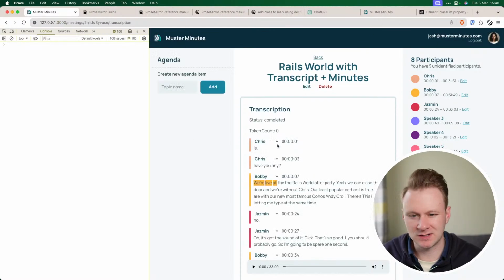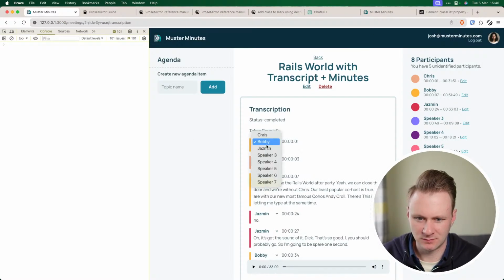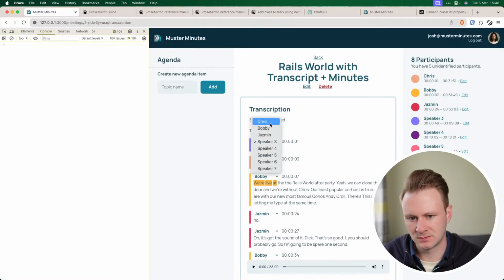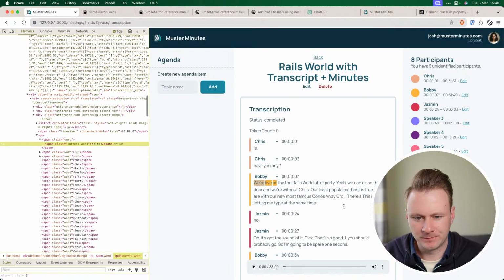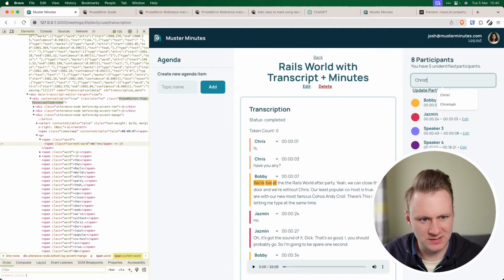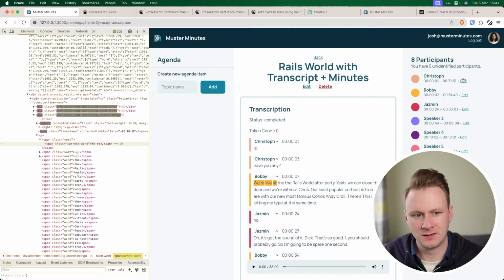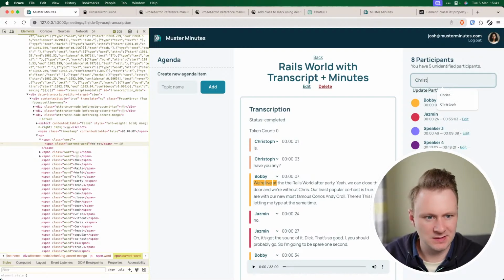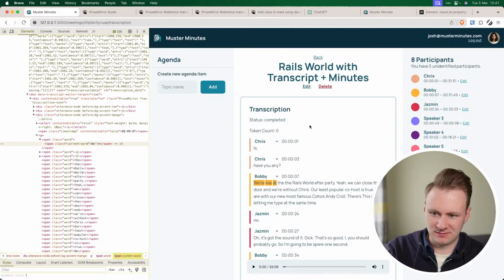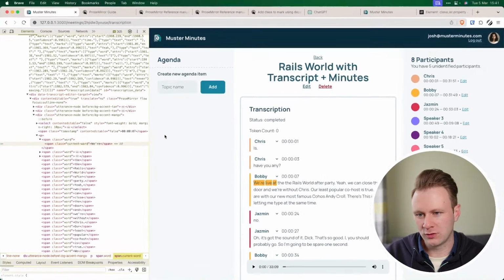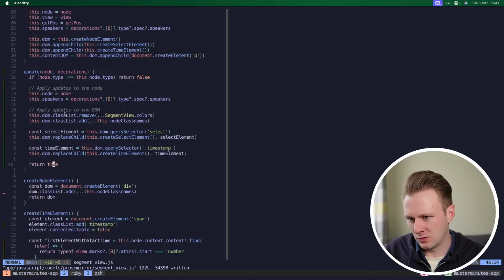Because console logging stuff can often... Nice. Okay. I think that's better. And also when I set in here and go Christoph, that instantly updates pretty quickly. And also what's not happening now is this isn't moving. Before, when we